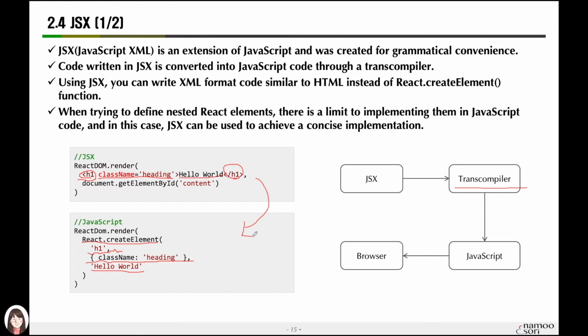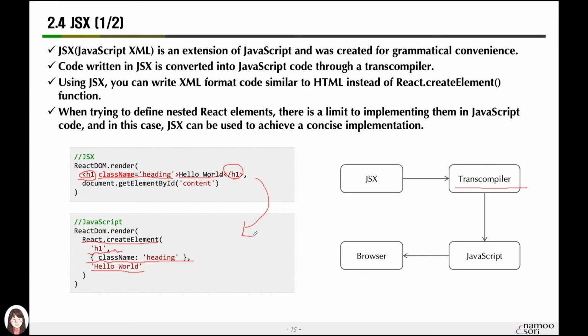We need to convert this into JavaScript based on ECMAScript 5 through a transcompiler tool called Babel. This task was originally done by using a JavaScript build tool called Webpack. When the code we wrote is bundled and goes out to a destination, it goes through Babel. For example, ES6 is changed to ES5 and JSX is changed to ES5. However, because the settings can be a bit complicated, it is necessary to learn about Webpack.